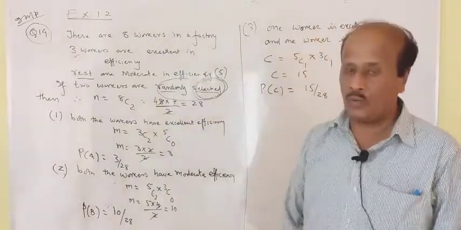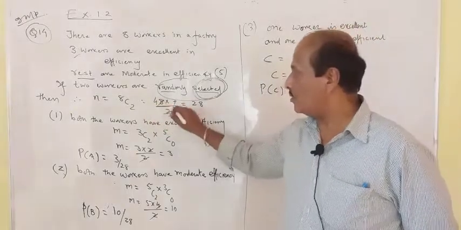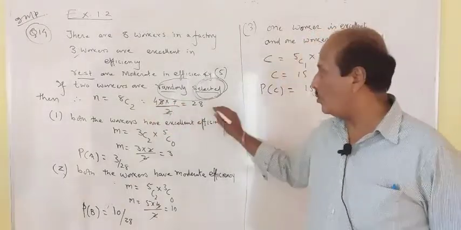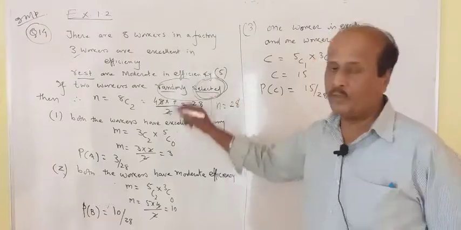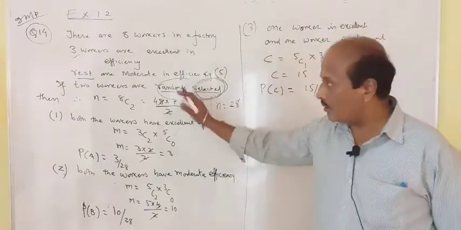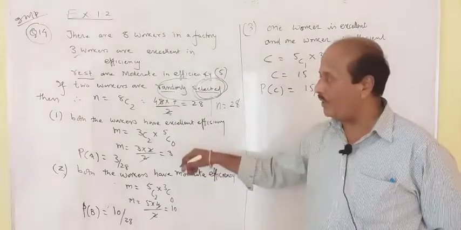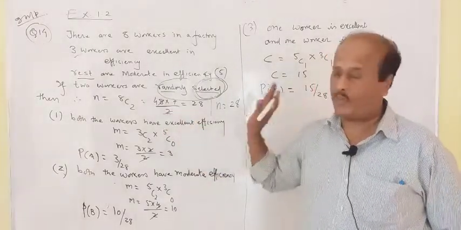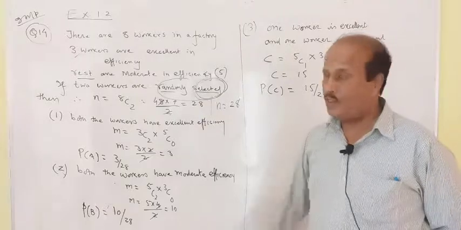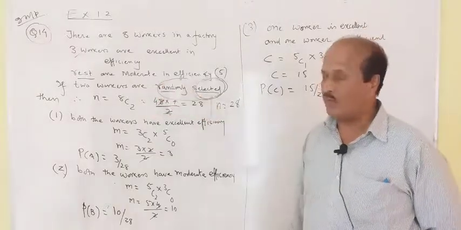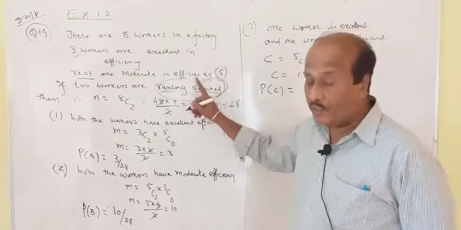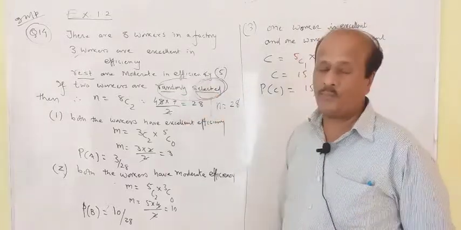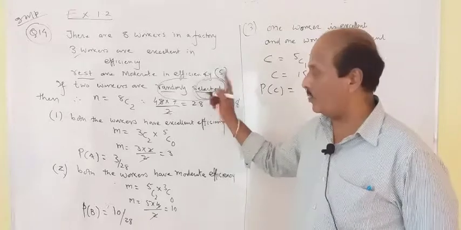How to solve this? In 11th I told you 8C2 means 8 into 7 divided by 2, so the total number of outcomes will be 28. Again I am repeating: in all such types of questions, if there are many parts, N will always be common. So first of all find N, and you will start getting the marks from here onwards. Remember, the word should be selected. If it is arranged, then we use permutation, which we will see in another question.